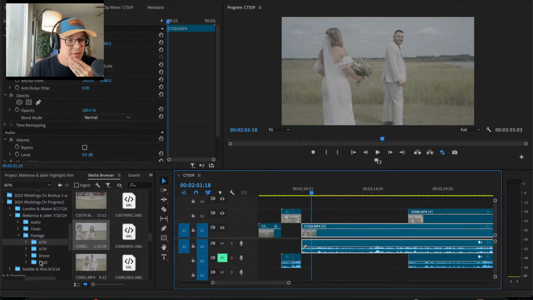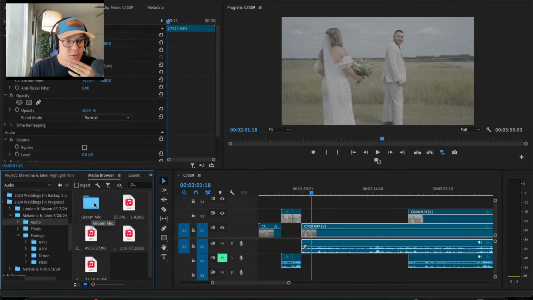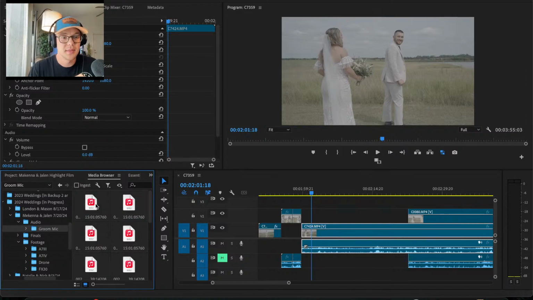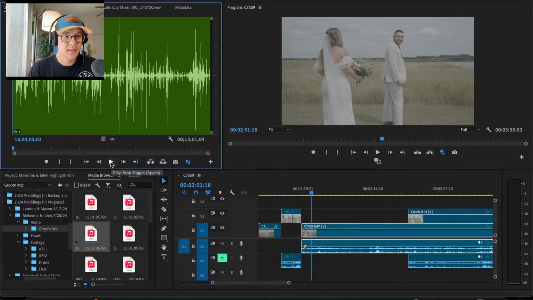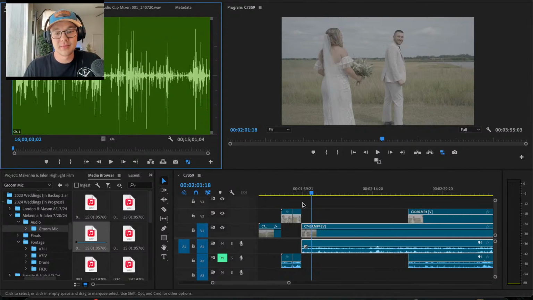Alright, back to what I was talking about with the audio for the groom. So we've got this audio here labeled groom mic. That's just from the live mic that he had on. So we're going to try and find that, and we're pretty good at finding it. Sometimes it takes me under a minute, but a lot of groomsmen or brides or anyone who were miced up say, oh, you guys are going to hear everything I say, and I just make a joke of like,